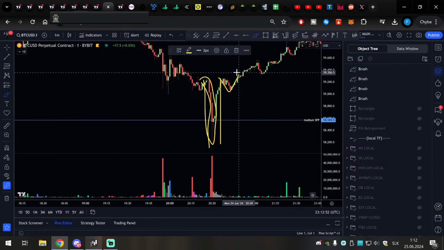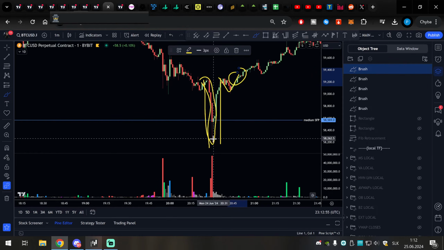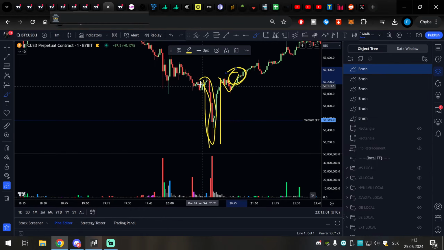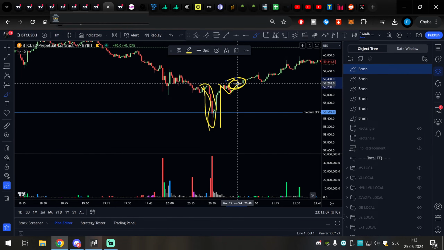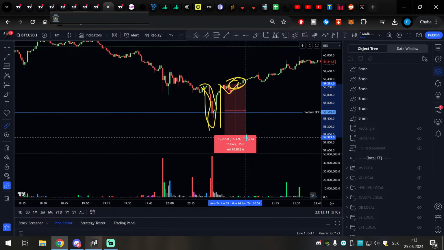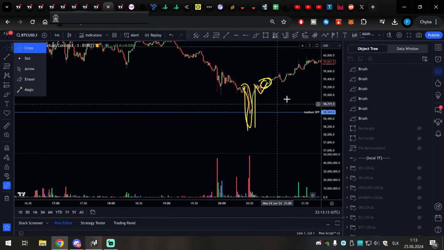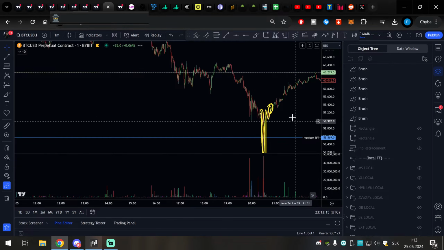Some people actually are longing here. They are not even longing here, catching the falling knife. You need to be a good scalper for this and understand order flow well. Some people will be longing here after the initial point of selling reclaim. But you can long here, but you cannot use higher leverage because your stop loss now will be pretty wide. It's going to be 2%. That's a very wide stop loss.